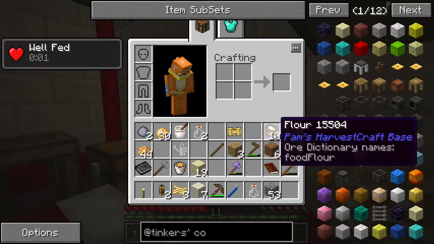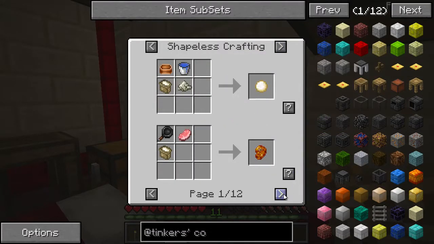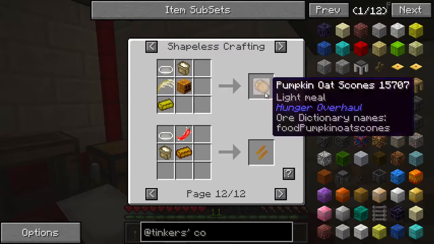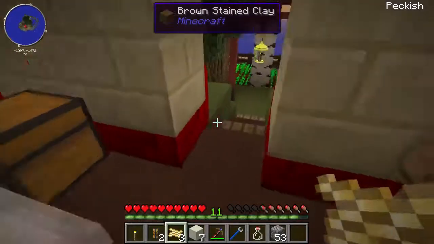Okay, so we got the flour. Now we need to turn this into dough. How do we do that? Well, we need some salt and some water. Or, yeah, salt and water. And that makes dough. Dough! Was there another way to make dough, or am I just going crazy? It does seem like quite a few steps, but, you know, not the end of the world. Yeah, I guess this is the only way. But it's okay. So, let's just spend a little bit of time